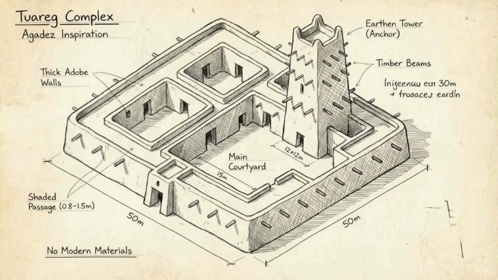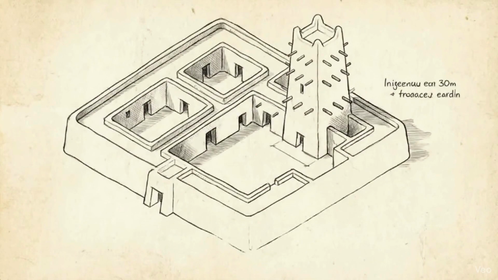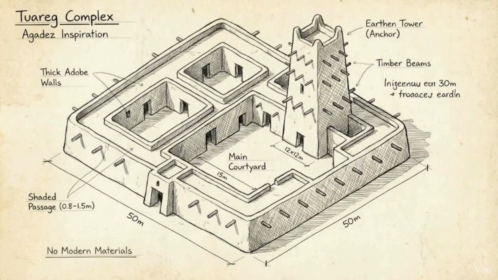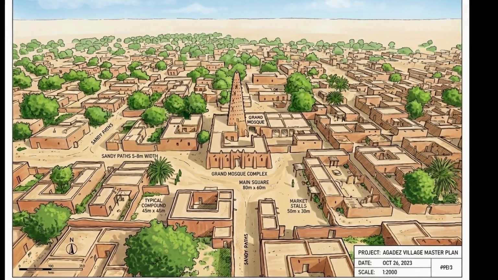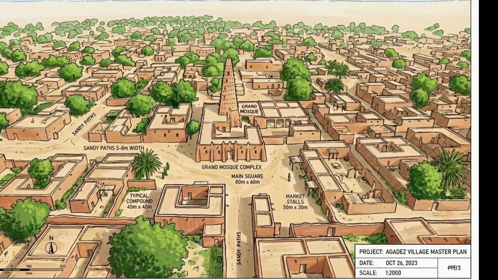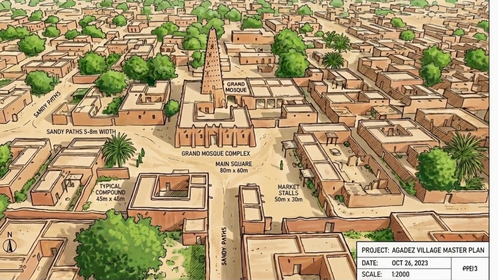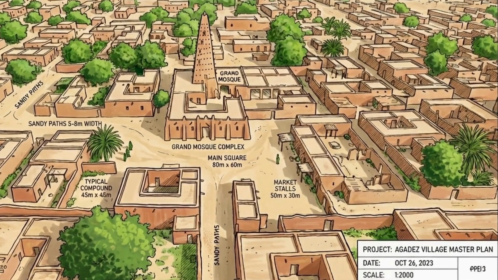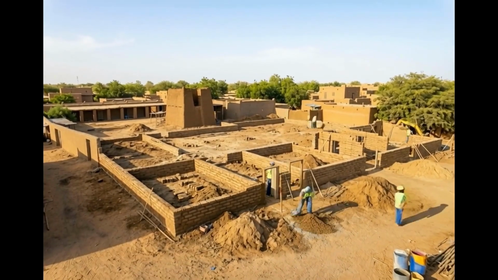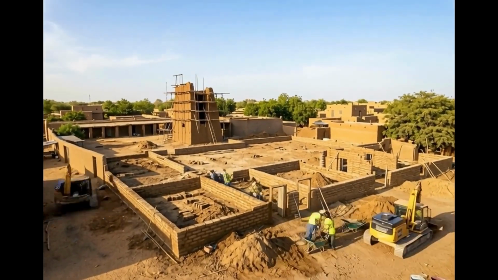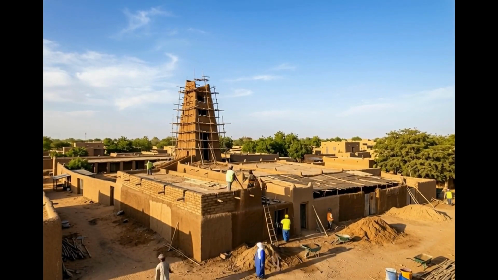Also, what would the construction of a project like that look like from beginning to end? And also, if we were to do an actual drawn out plan that we could use to replicate to build a different Agadez center like that in a different area, what would it look like? So these are some of the results that I came up with, and they truly blew my mind, because I thought to myself, oh my God, I think that technology could be one of the tools that we use to try and bring our ideas of indigenous architecture to life.